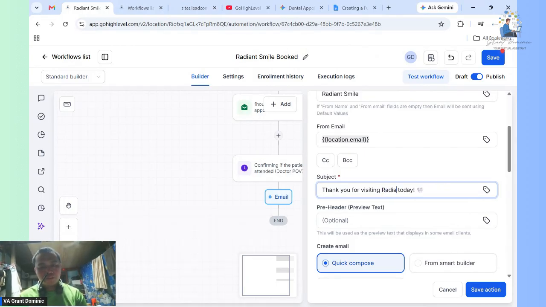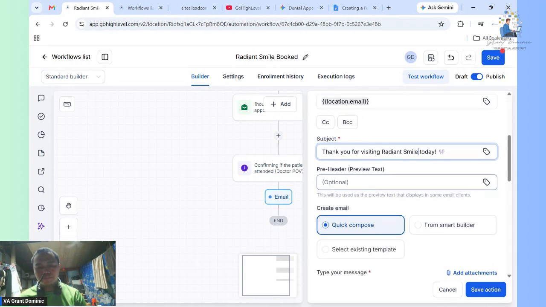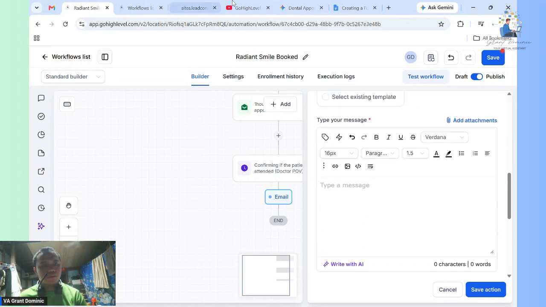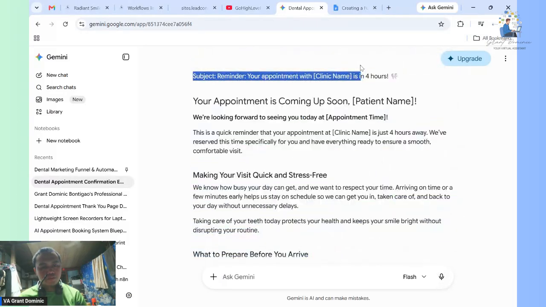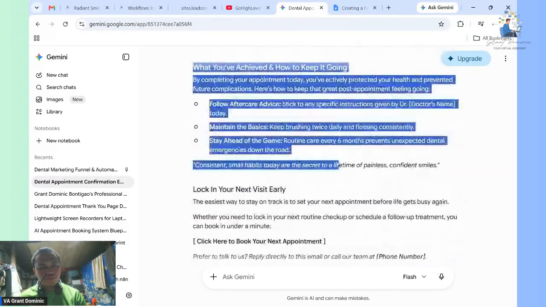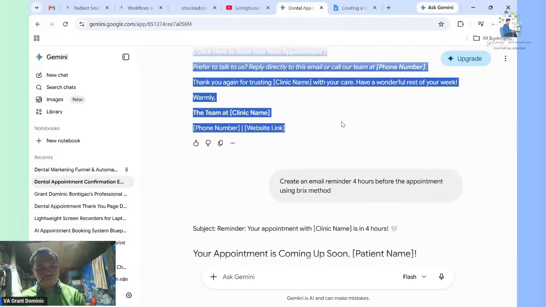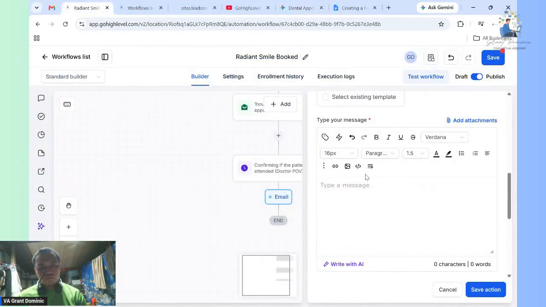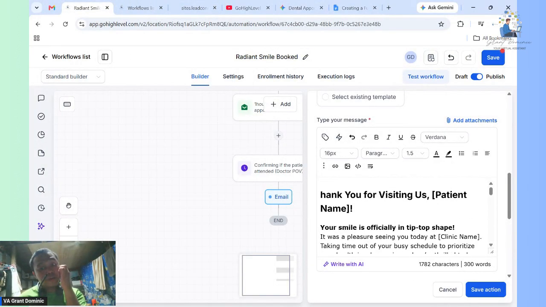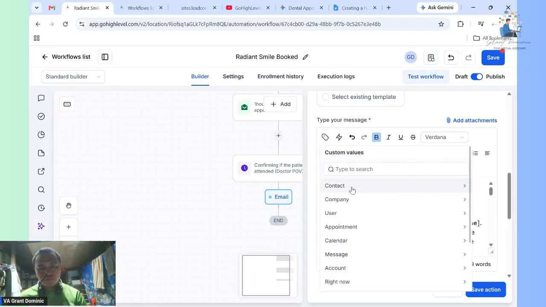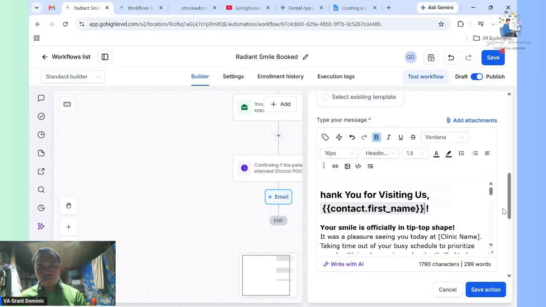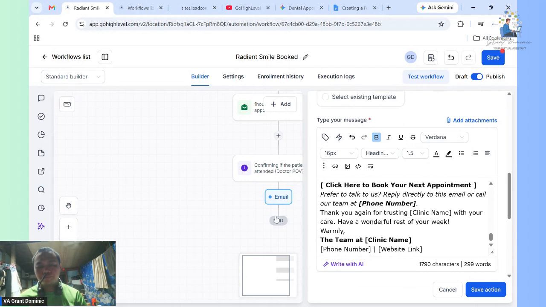Thank you for visiting Radiant Smile. Body. So we're gonna visit. Oh, paste it. Patient name. Change this to contact first name. Save action.